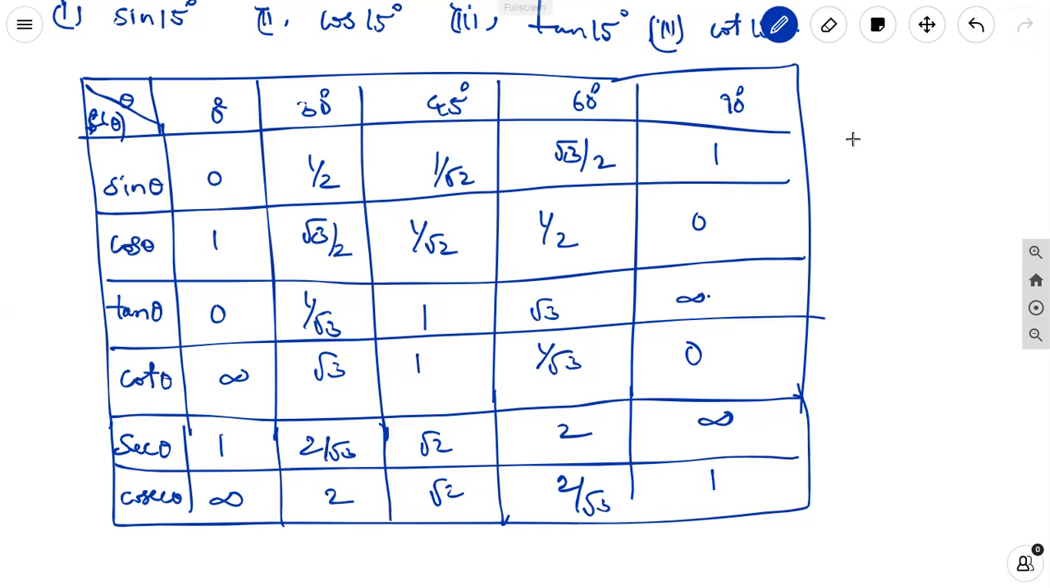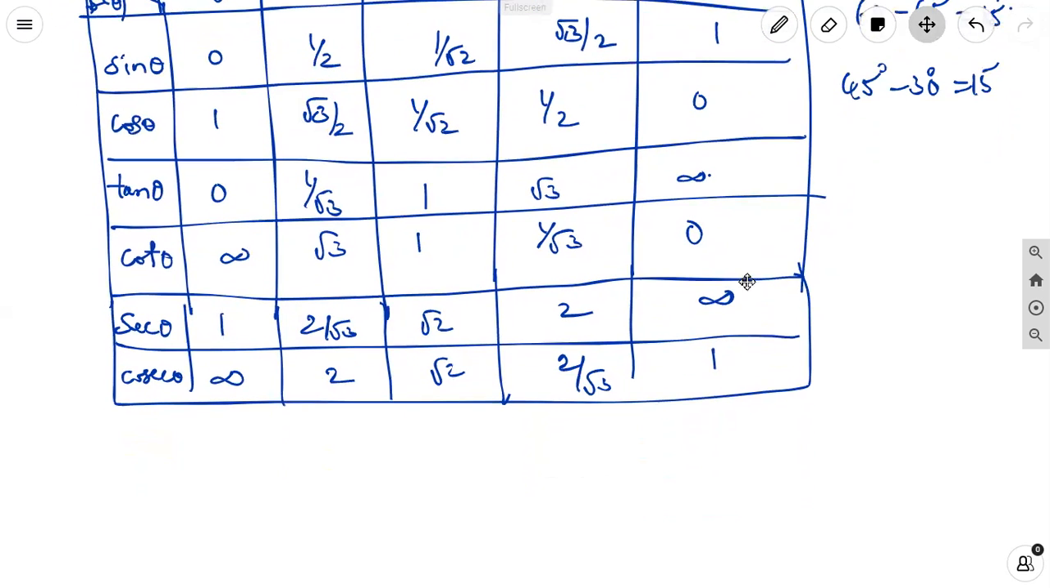We know that for the difference of any two angles, we can choose either 60 degrees minus 45 degrees or 45 degrees minus 30 degrees. In both cases, we get 15 degrees. Okay, now we can take here